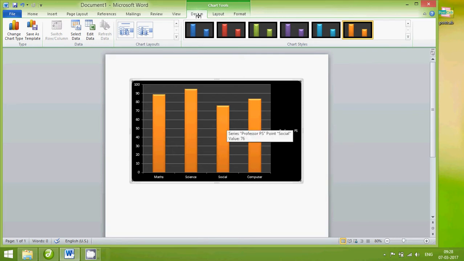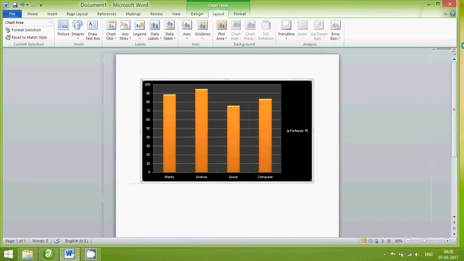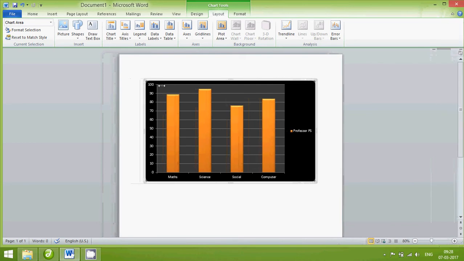Hello friends, in this video we are going to learn layouts of the chart. If you want to change the layout of the chart, select chart area, horizontal axis, legends. You can see here the legend,